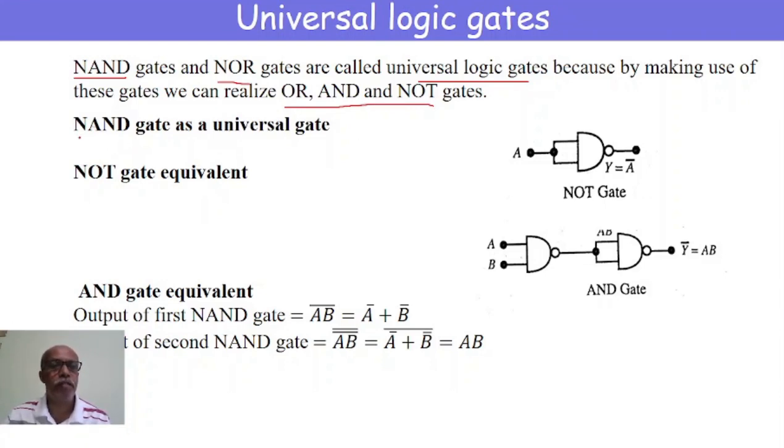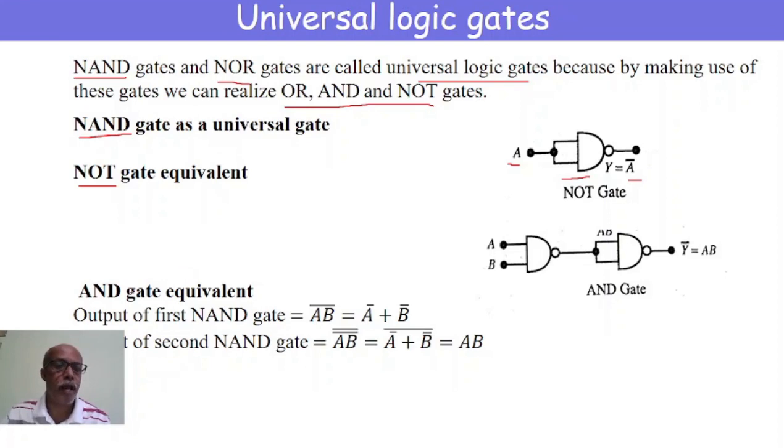First we are making use of the NAND gate in order to realize the NOT gate. In order to realize the NOT gate using a NAND gate, we make use of a single NAND gate with the two inputs merged. So we have only one input, and the output will be the complement of it, similar to that of a NOT gate. Hence, by making use of one single NAND gate, we have realized the NOT gate, getting the output similar to the NOT gate.